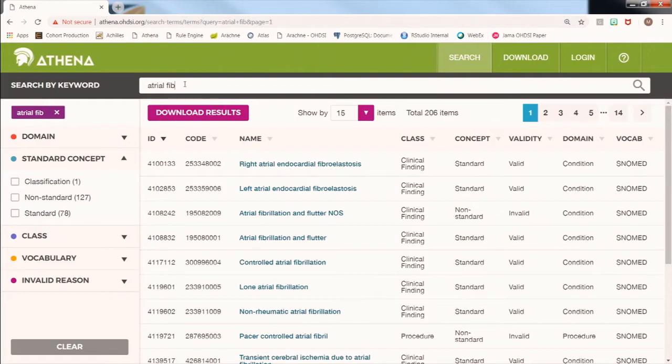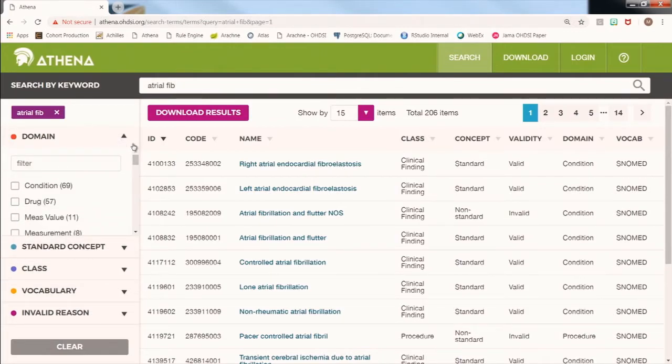You'll see it pulls up a lot more. And then your options will be a lot more, right? Here, standard, non-standard. The domains, you'll get all the different domains that you want to look at. But if we go back to 427.31,